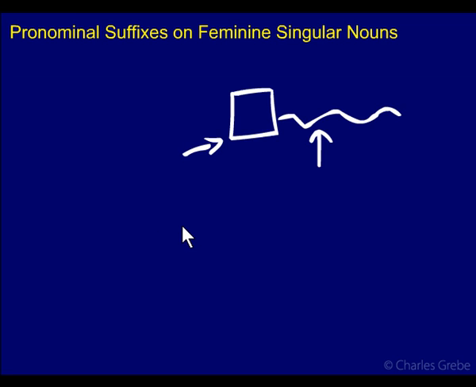So if we have a noun that ends in a, that's when we see the change. So Torah, for instance, let's make this look like a resh. Torah is a feminine noun that ends in a, which many do. If it doesn't end in a, then you have no change, so there's nothing to worry about there. But if it ends in a, it will go to either,